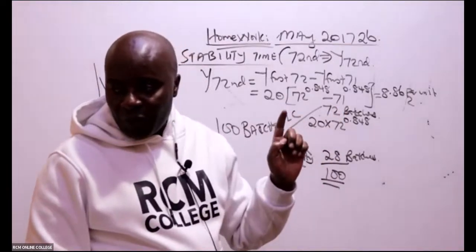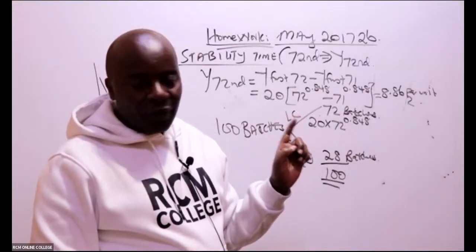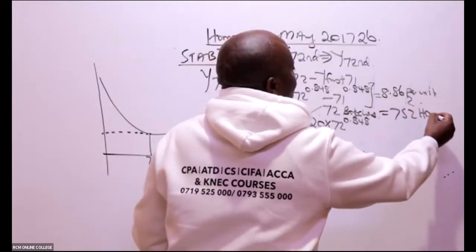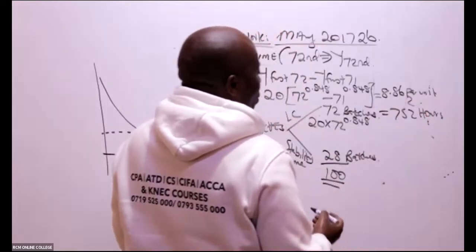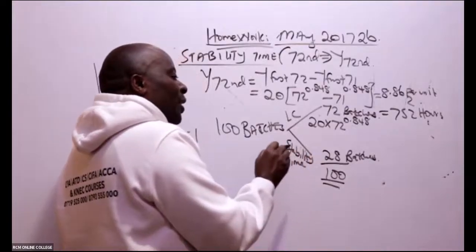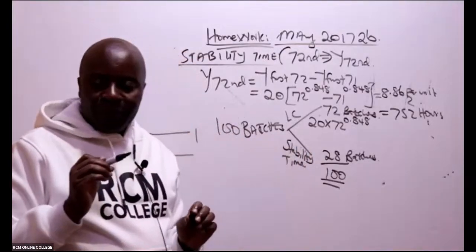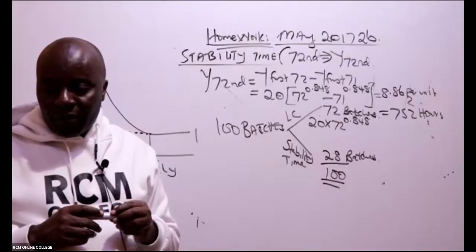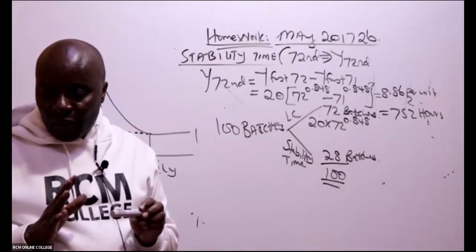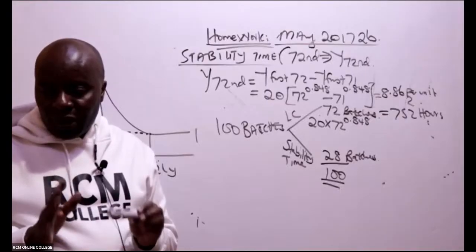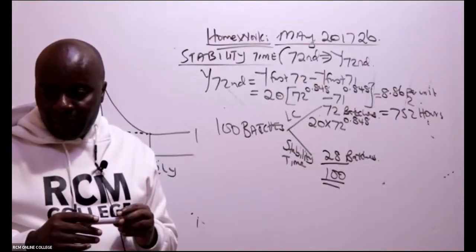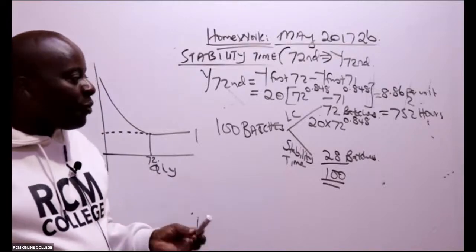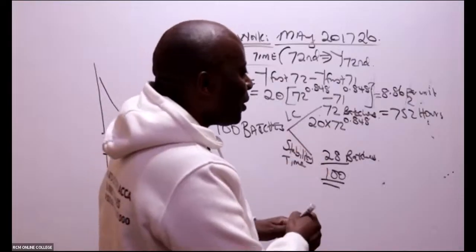Is there somebody who can give me this? 752. Gladys is giving me 752 hours. Now, can I kindly ask you a question? What do you think shall I do to get the time for 28 batches? The time for these 28 batches, I promised only 5 minutes. What do you think shall I do to be able to get the total time? Multiply by the time of the 72nd, because now each one of them will be using constant time.